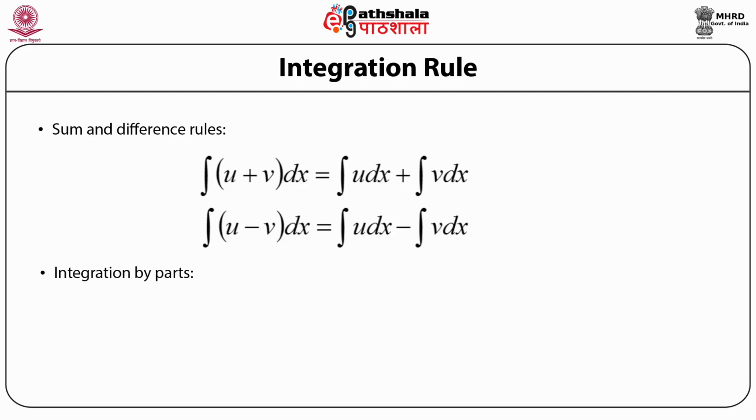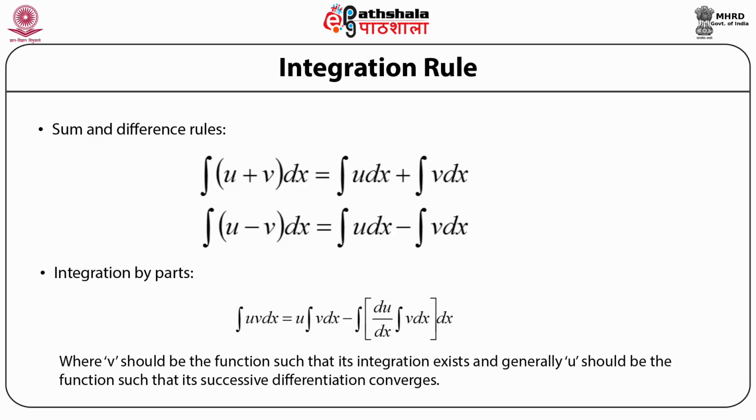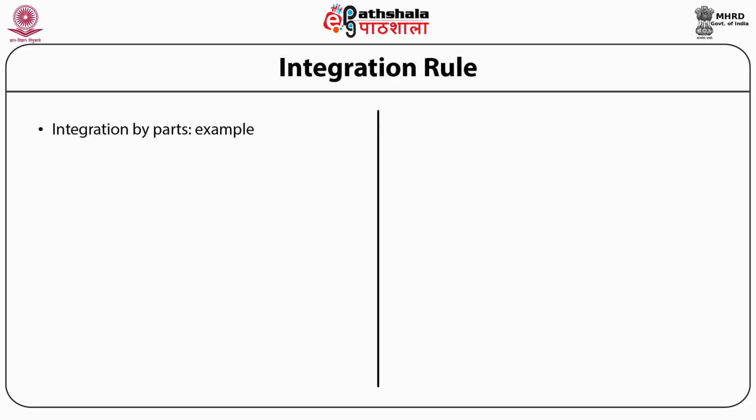Then integration by parts. Integral u v dx is equal to u times integral v dx minus the whole integral of du over dx times integral v dx, into dx, where v should be the function such that its integration exists, and generally u should be the function such that its successive differentiation converges. Integration by parts. Example: